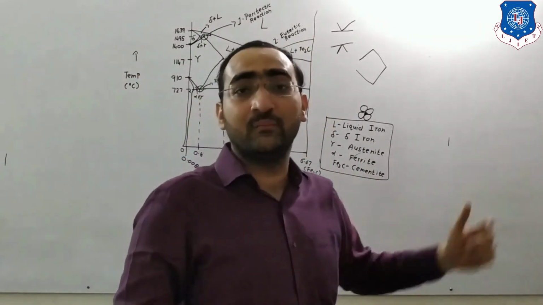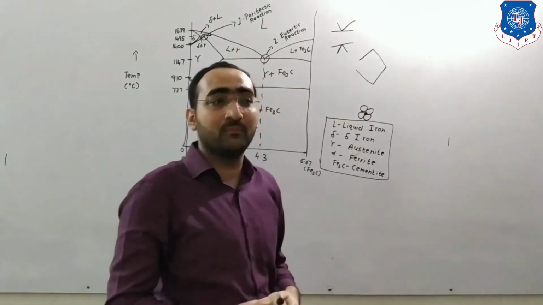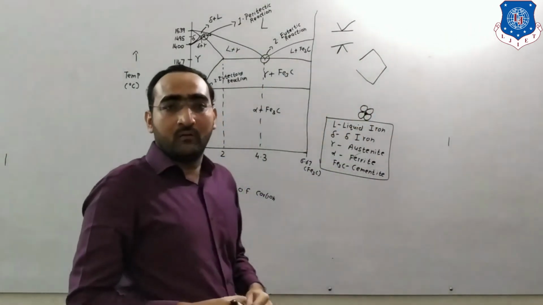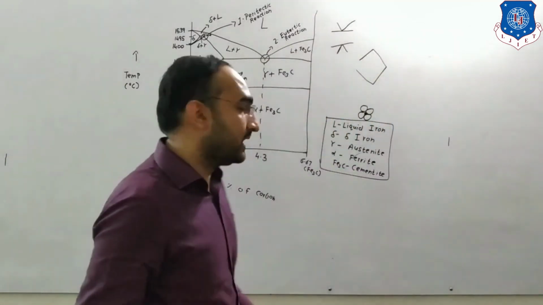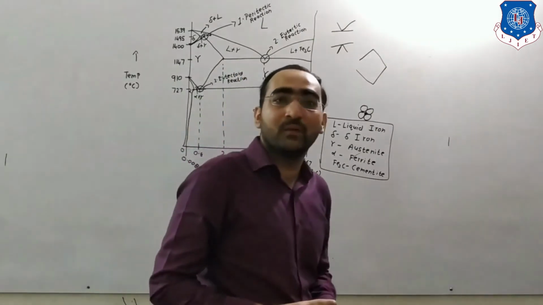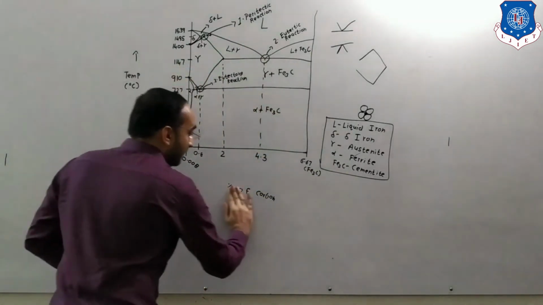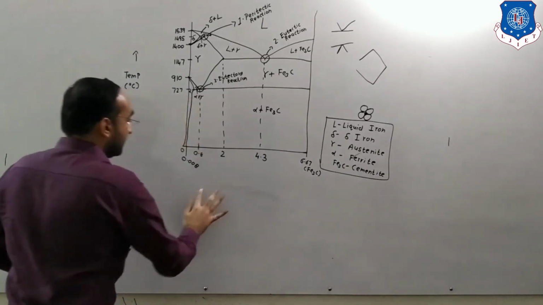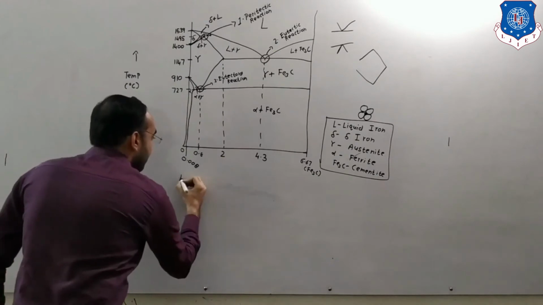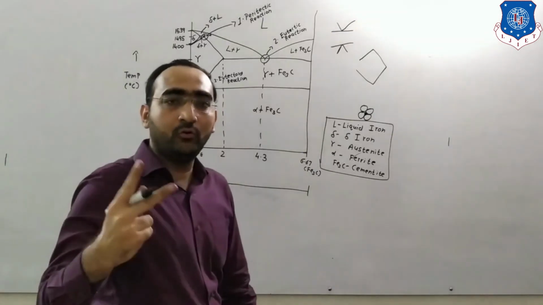And these reactions we will be discussing in detail in our next lecture, how each reaction occurs and what the major things occurring in these reactions are. And now the last one, that is the sixth part. After the fifth, there is a sixth part, that is the classification. So classification is based on this particular area, because iron is a major contender and we can produce steel and cast iron from it. So for the classification, let us take these points: 0.8, 4.3, 6.67. It is divided into 0 to 2 and 2 to 6.67, two major parts.